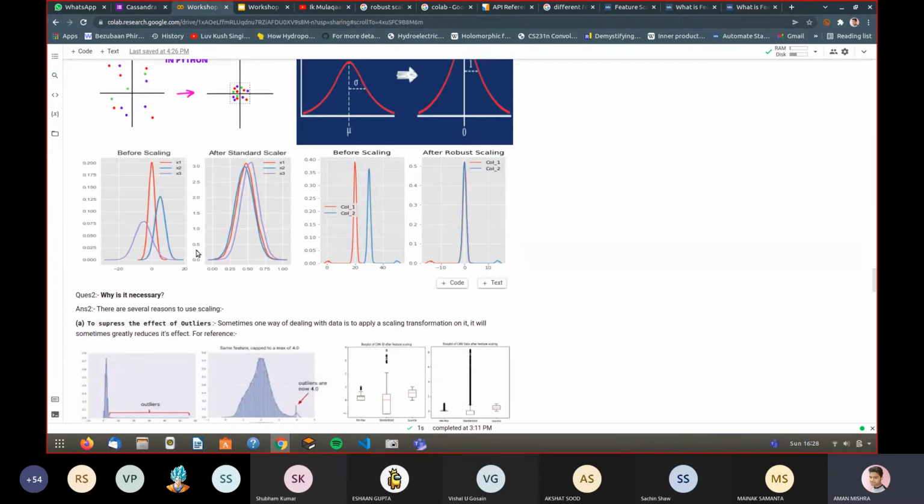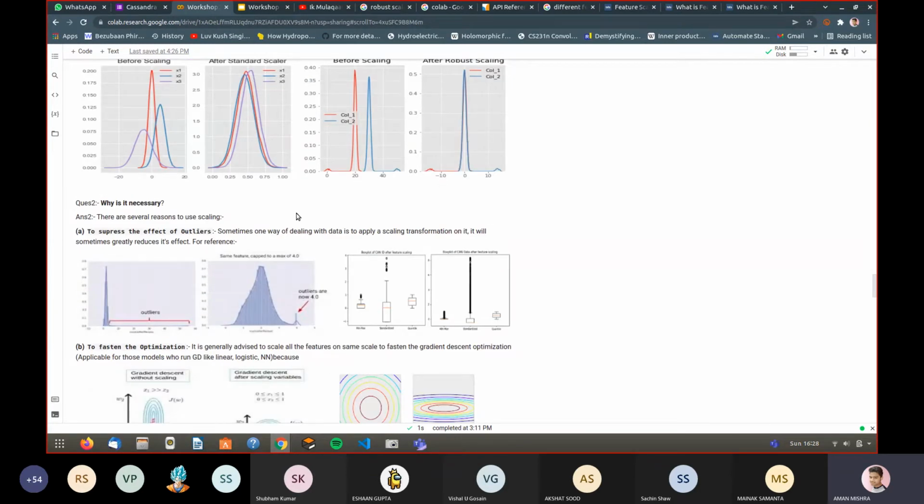Now the same second type of figure can be applied to our data sets as well. These all are different types of Gaussians, but after scaling, these all will come down to Gaussians having almost the same mean and variances. And one such image is also there. This is also a type of scaler called the robust scaler, which we will use. So here its performance can be shown from this figure.